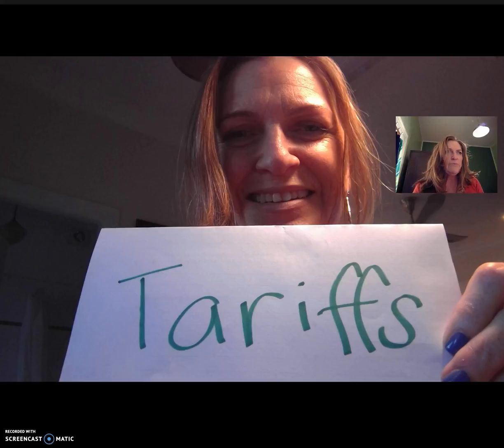You might want to just start by thinking about the effects of a tariff. We've already done some work on the effects of a tariff, including the effect on price for consumers, the effect on quantity in the domestic market, the effect on domestic producers, on overseas producers, the effects on government revenue,